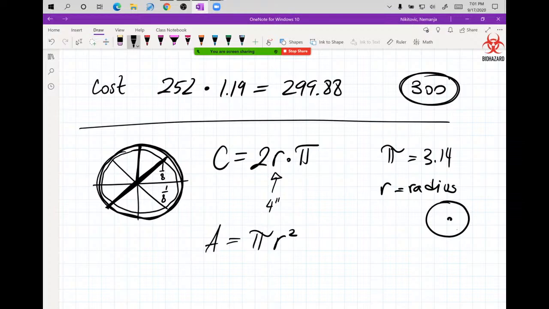Which is from the center to the edge. And you can compute the area of the pizza, and the surface area is how many toppings go in the middle. These things are calculated so they can have the exact cost, down to the penny, to make the pizza, and then they can quickly figure out what the profit margin should be on the whole thing, add that to the price, which is the price you pay when you go to buy. So there is a lot of use for these formulas, and they're constantly used in various situations,